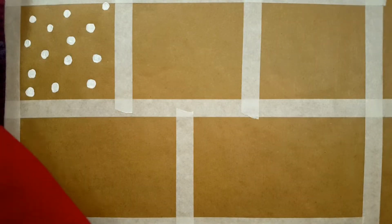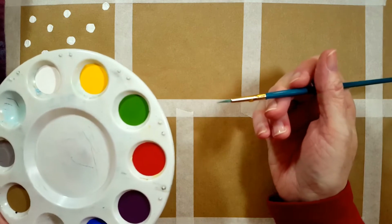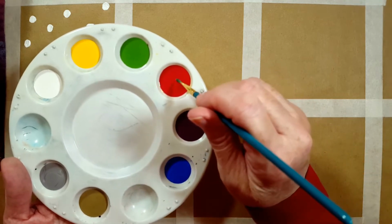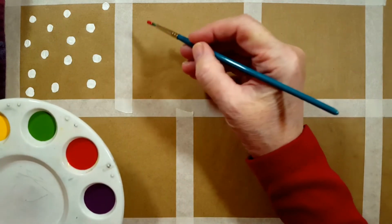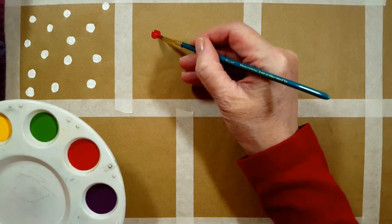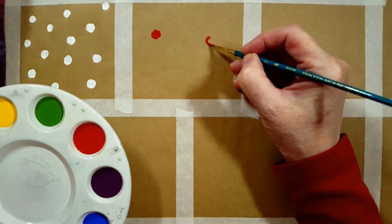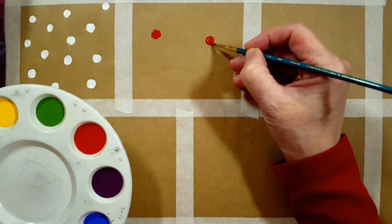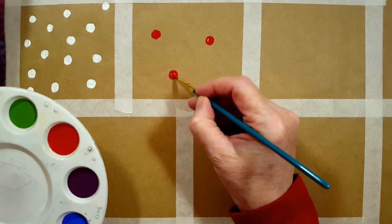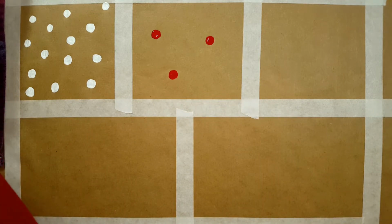Now the second idea is kind of fun. It's for maybe the kids in your life or the adult kids in your life. What we're going to do is we're going to take our red color and we'll paint just a little circle. Just little circles in red. I'm just going to do 3 today, but you can do as many as you want across your page,